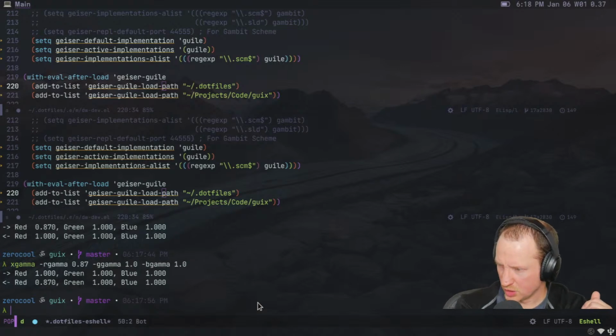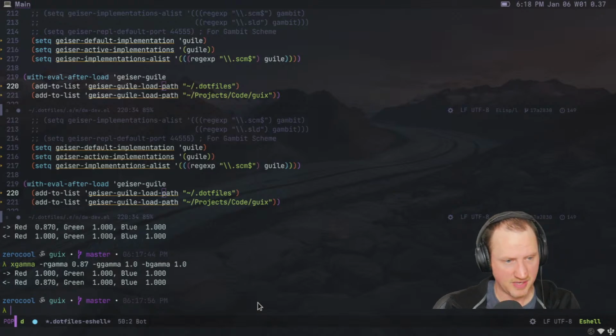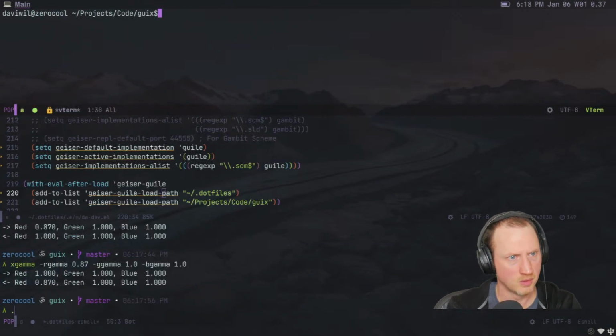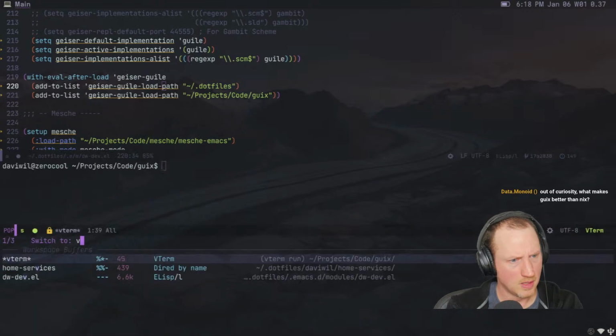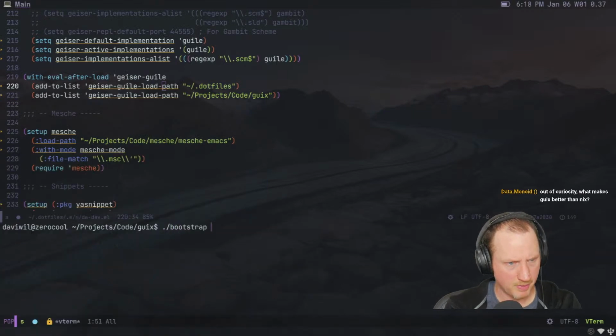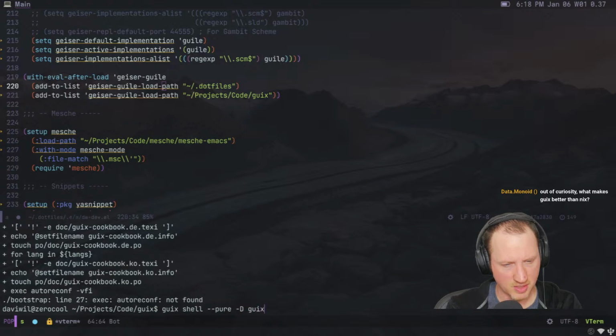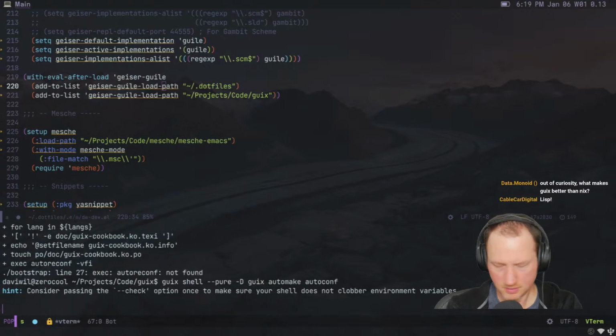Benoit says, if you want to get good performance in REPL, you must compile Guix first. Yes, definitely. So that's what I'm going to go do. I'm going to run bootstrap. Maybe I should do this in vterm and not in eshell, just to make sure we don't go totally off the rails. Vterm. I think it's bootstrap. Whoops. All right, so let's do this the smart way. Guix shell had the right invocation for this. It's like --pure -D guix, and there were a couple other things I needed. Automake, autoconf. I hope it's not actually needed, but